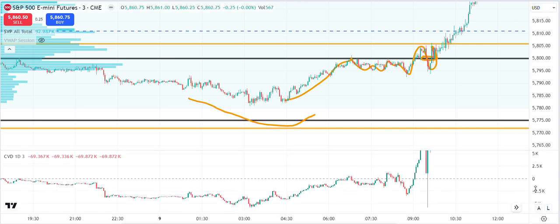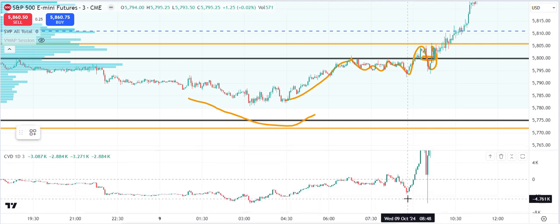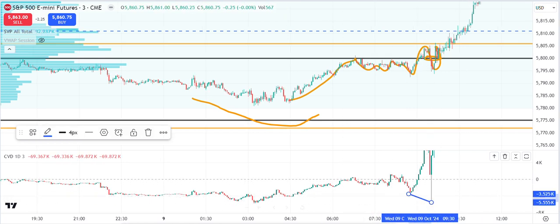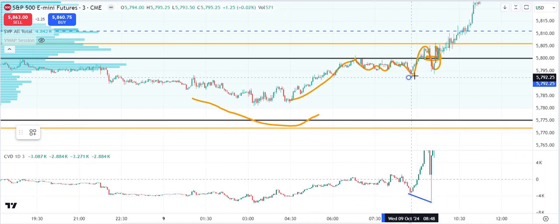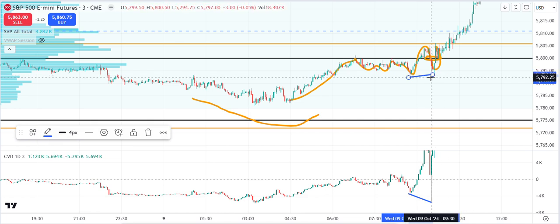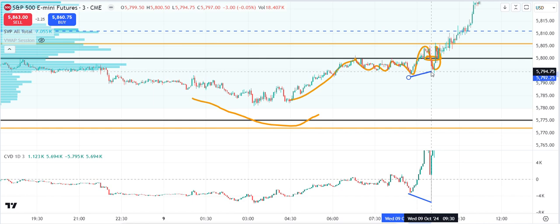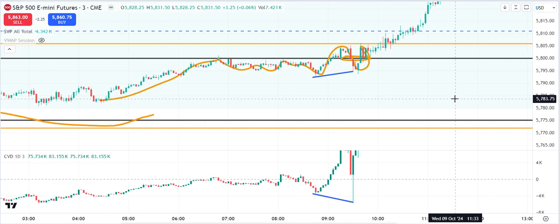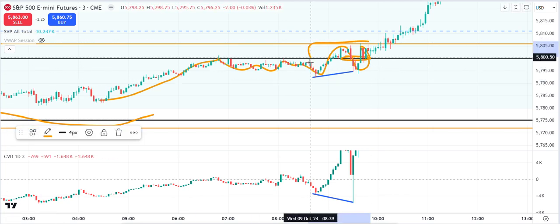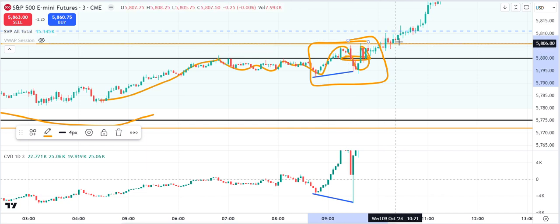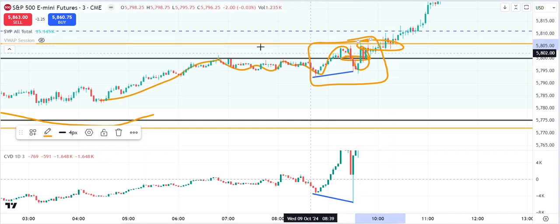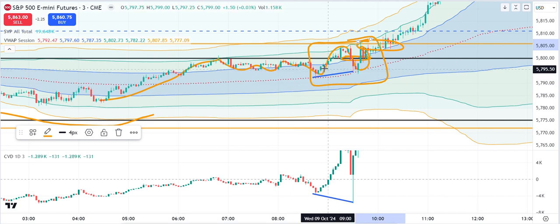What you'll notice is there is divergence. And you can now get in much earlier or get better entries with regular trading hours than having to wait all the way for it to get above there and for VWAP to catch up. So you get in,